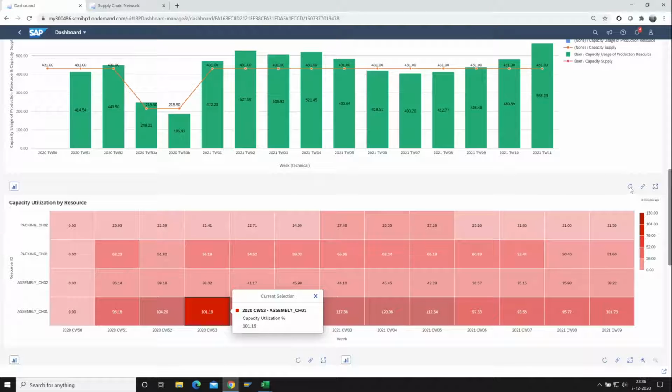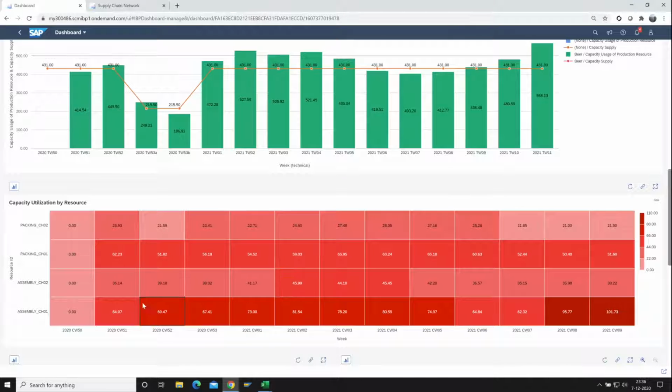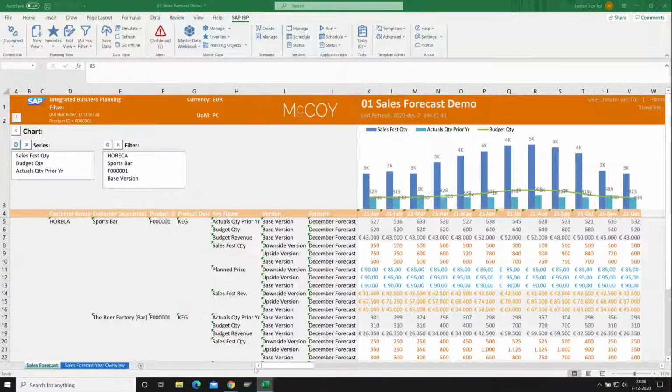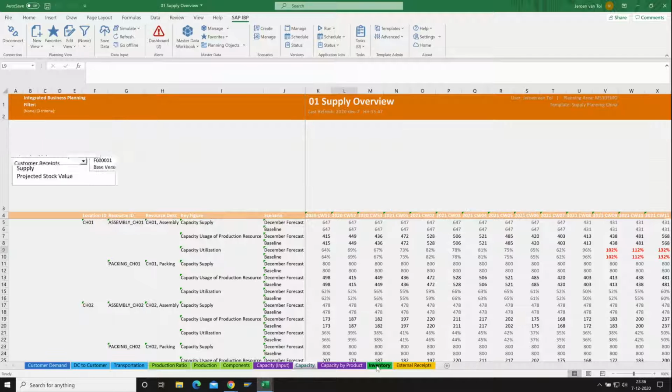So if I would go back to my dashboard and put a refresh on my dashboard, I will see that now my dashboard, also in here, my capacity has been leveled. So the dashboarding is directly connected to the database, which will make sure that my reporting doesn't have to wait for any overnight batch, but I can immediately report based on the information available in my IBP system.